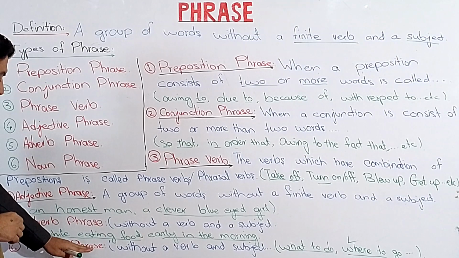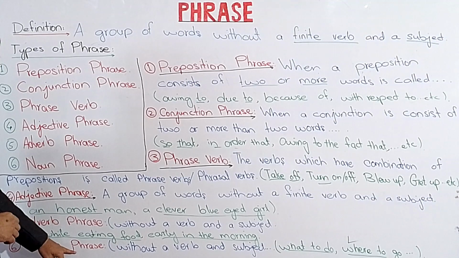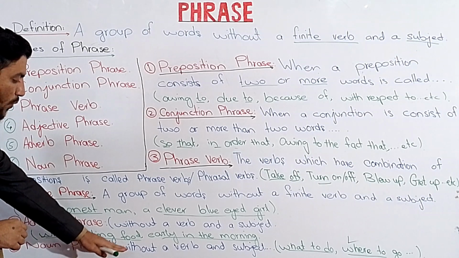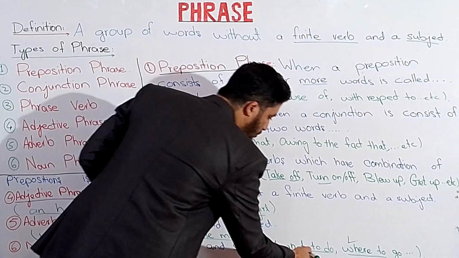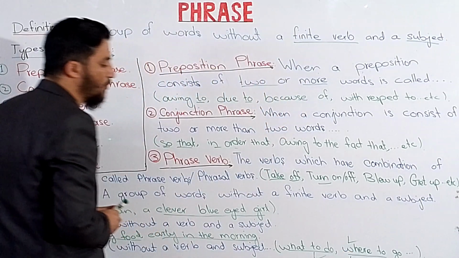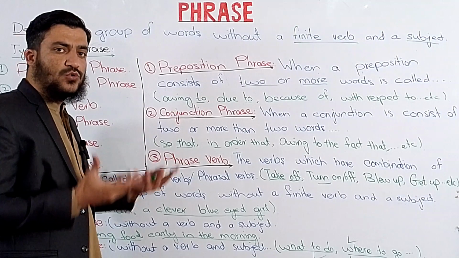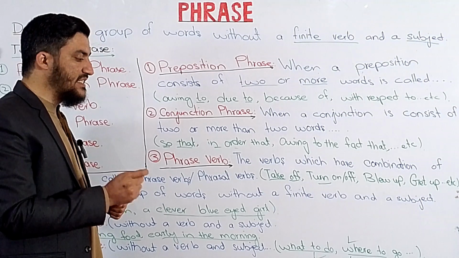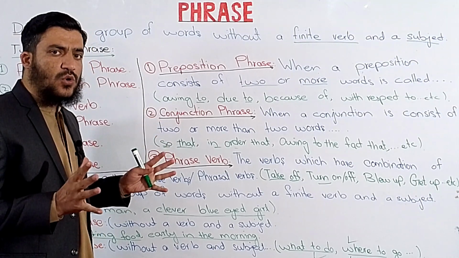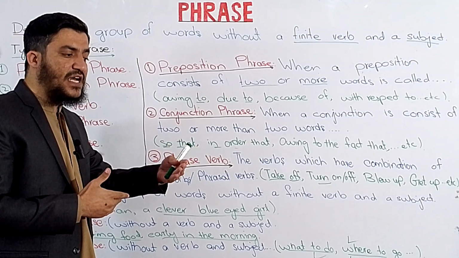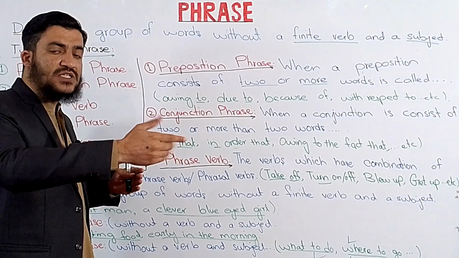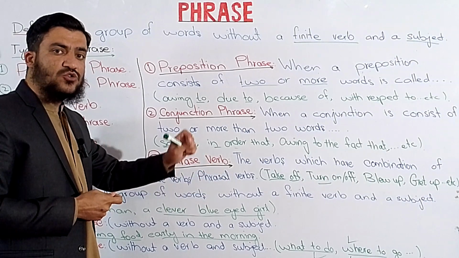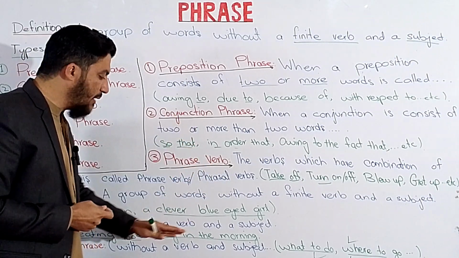And if I use a subject in the noun phrase, it will become a noun clause, because noun clauses will be discussed later on. If I say "what to do" or "where to go", "I do not know what to do", here, it will become a phrasal sentence. If I say "I do not know where to go", or in case I say "I don't know where I should go", because I have used a subject in the sentence. So that's why, if a sentence does not have a subject or a finite verb, it will become a phrase.